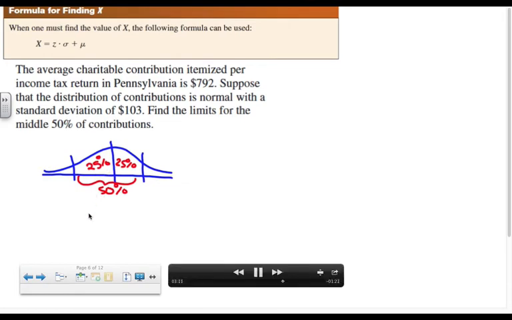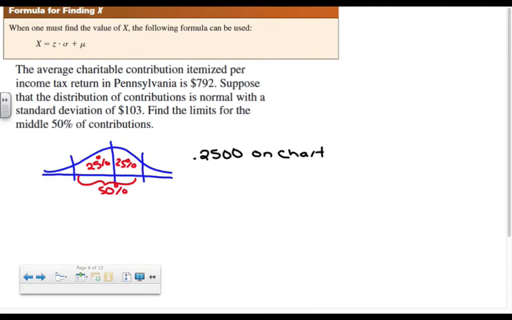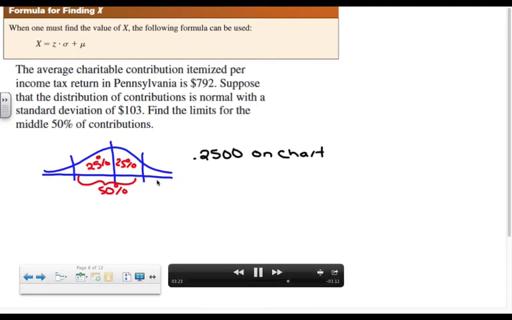Once we look in the chart, we'll be able to get these. So we look for something that's close to 0.2500. It's not going to be exact. You're going to have to do some deciding, either above or below. It really doesn't matter. Whichever one's closer. If you can't pick one, usually you'll be close enough. So when I do this 0.25, I get 0.67, which would be this upper limit here,